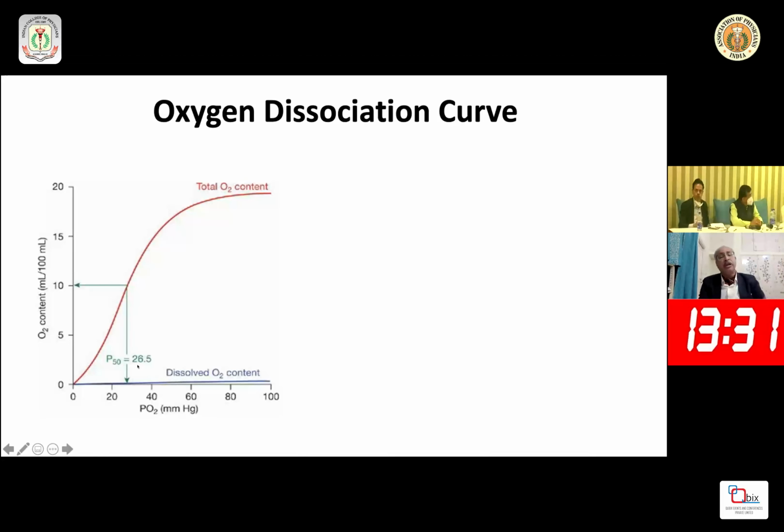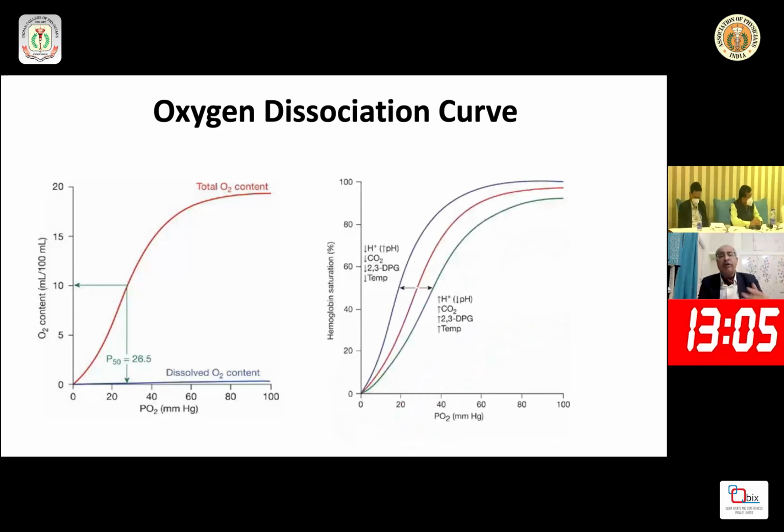But equally important are certain terms which we use. P50 is the point where oxygen is 50%, so hemoglobin is 50% saturated. In clinical definitions, we define various components on the basis of this, how much oxygen is there. It also helps us define whether there are any challenges in terms of oxygen delivery to the tissues. And these are the various components of the oxygen dissociation curve.